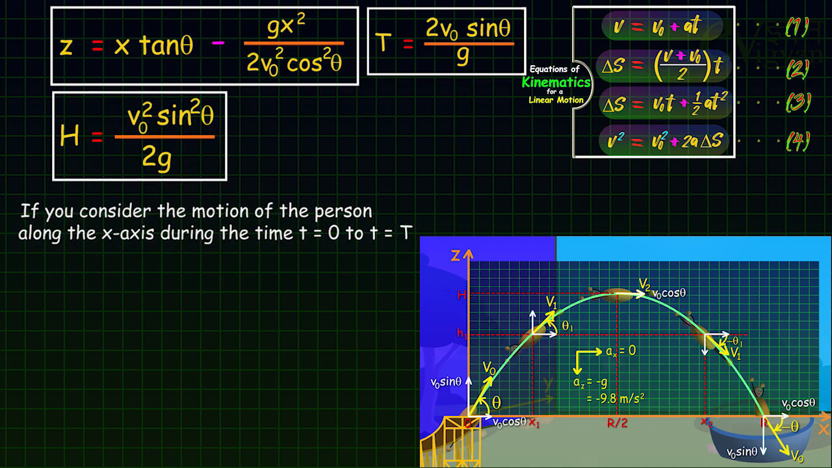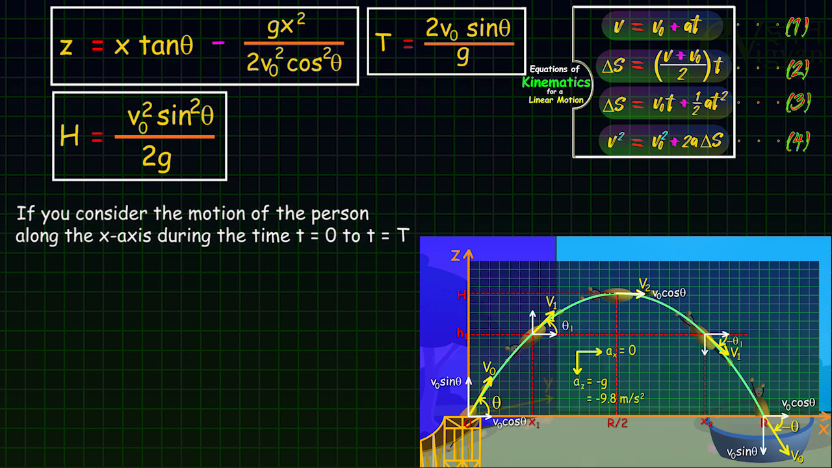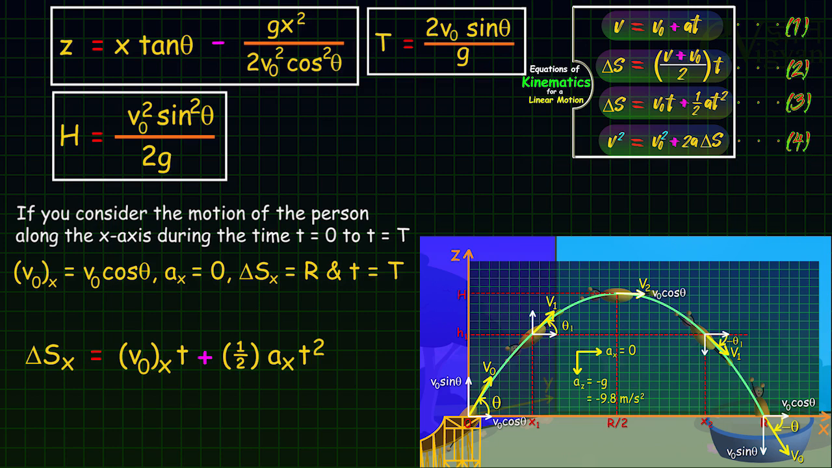If you consider the motion of the person along the x-axis during the time t = 0 to t = T, we have the initial velocity v₀x = v₀ cos θ, the acceleration ax = 0, the displacement Δsx = R, and the time interval t = T. By using equation 3, you can write Δsx = v₀x t + half ax t². That is R = v₀ cos θ T + half times 0 times T²,